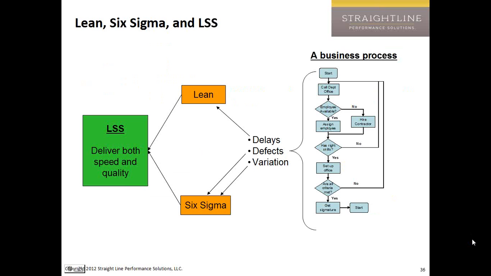I want to talk a little bit about the distinction between Lean and Six Sigma, and give you a few thoughts for how you might choose one or the other. In Lean Six Sigma, we want to be able to deliver. Nowadays, it's not good enough to just be high quality or to just be fast. You need to be both, and there's more to it than that. But if you want to be both fast and high quality, you have to use the principles of both Lean and Six Sigma, not just the quality principles, but the principles of Lean about doing things fast and